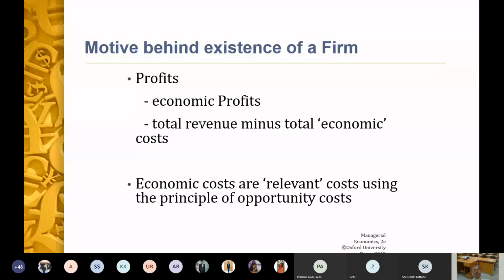Now, when we say profits, sometimes in the books of account there is profit, yet the company is actually in a loss because they have not considered the economic profit, which includes the total economic costs to be subtracted, which means the opportunity cost and everything else, the cost of the owner working. All these are an important part of the motive behind existence of a firm.